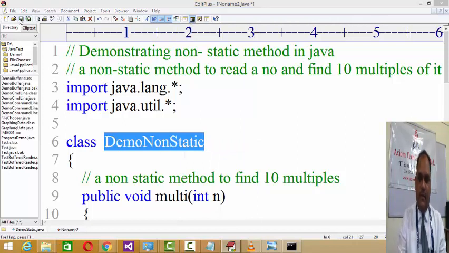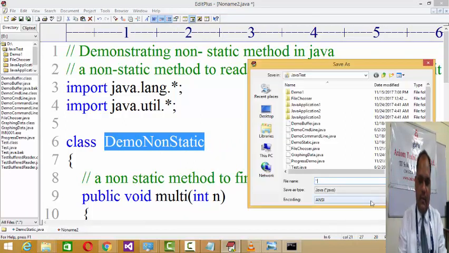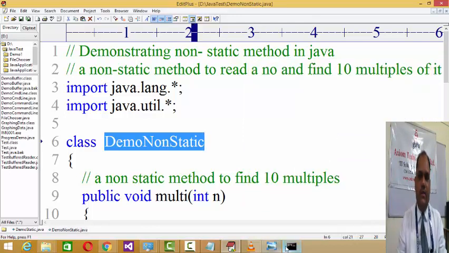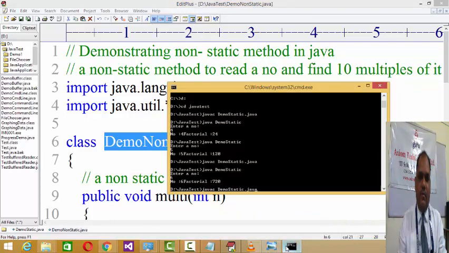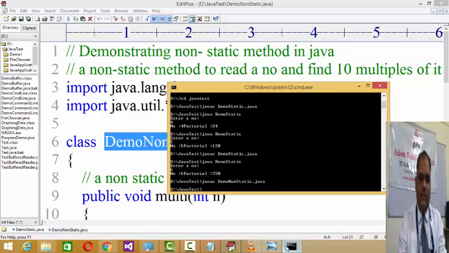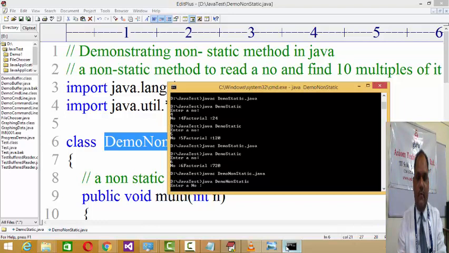Okay, I'm going to save it in the folder, and then again javac DemoNonStatic.java, and then java DemoNonStatic. We enter a number again.